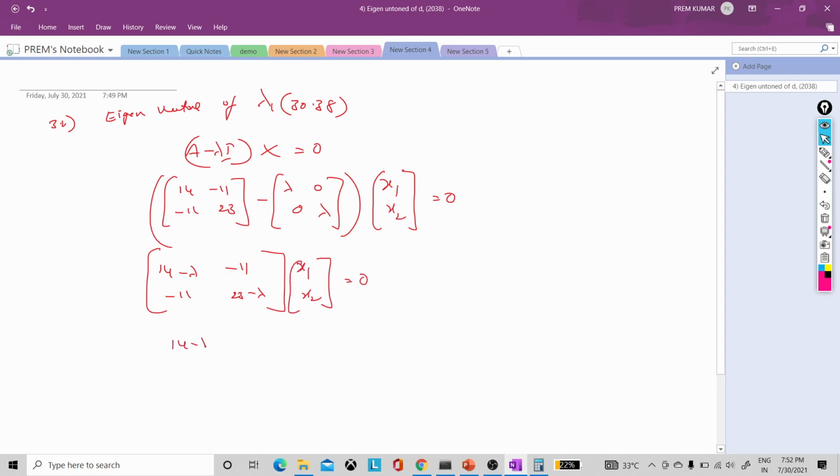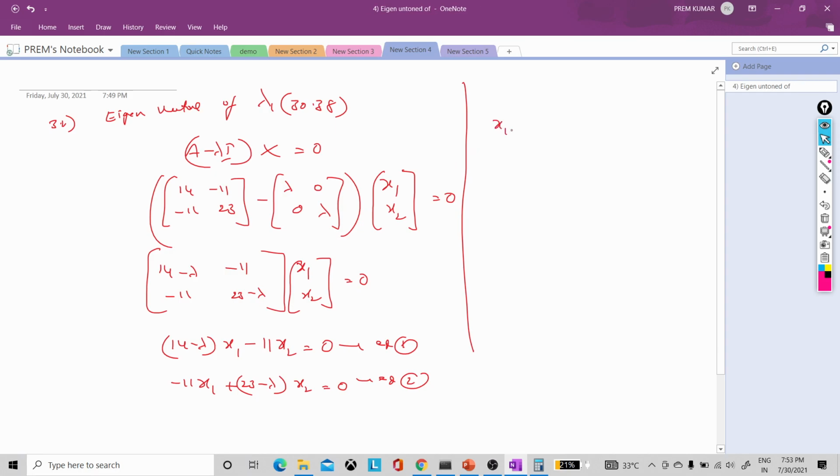So it means (14 minus lambda) into x1 minus 11 into x2 is equal to 0, and minus 11 into x1 plus (23 minus lambda) into x2 is equal to 0. So this is equation 1 and this is equation 2. From these two equations we can solve and get the x1 value as 11 and x2 will be